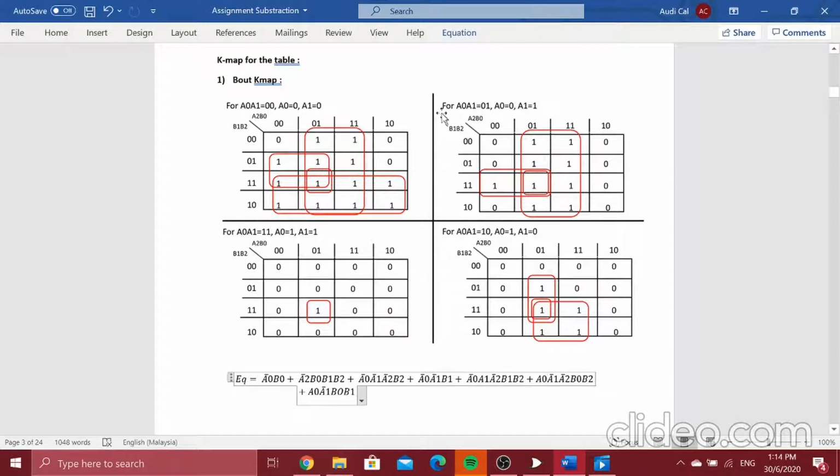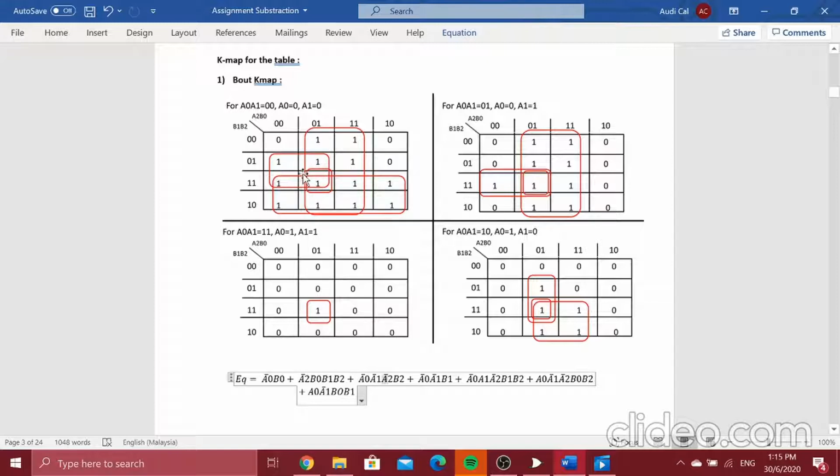What I do with my KMap is, first I find which groups of 1 that I can circle between these 4 tables. The first circle that I circled is this one, this group of 1 with this group of 1, and then I get my first equation. And then the second equation I get from this one box of 1, one box of 1, one box of 1, and one box of 1, and then I get my second equation. And then for my third equation I get from this